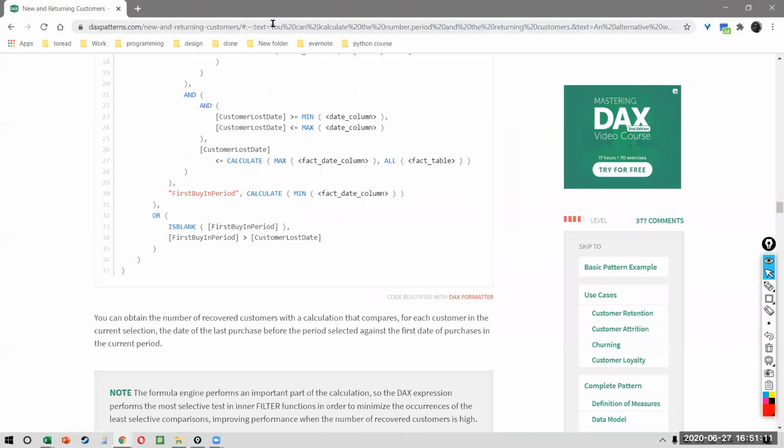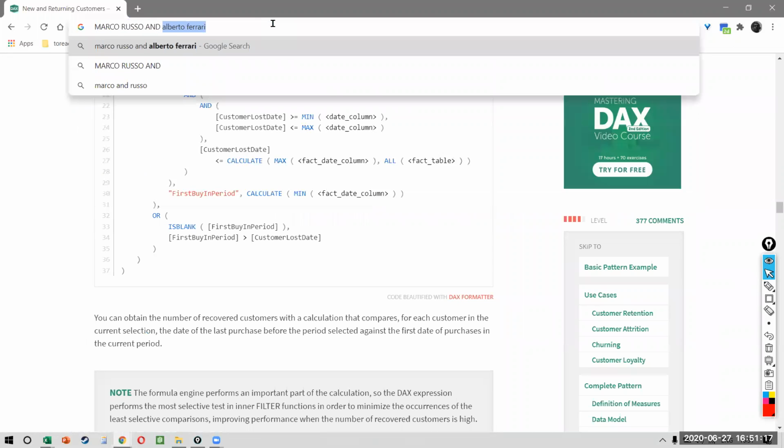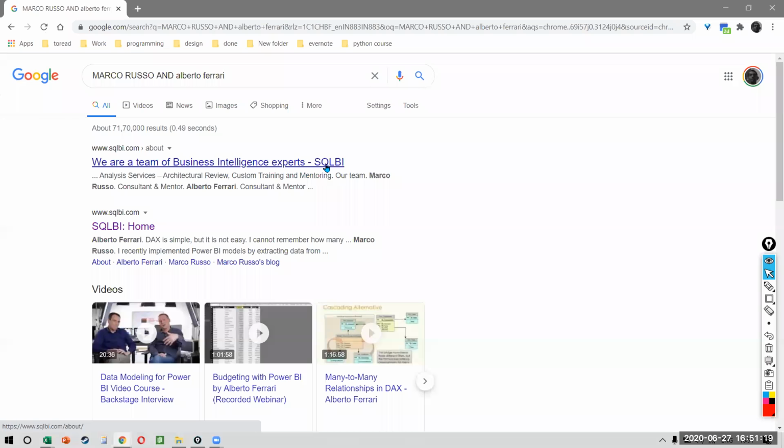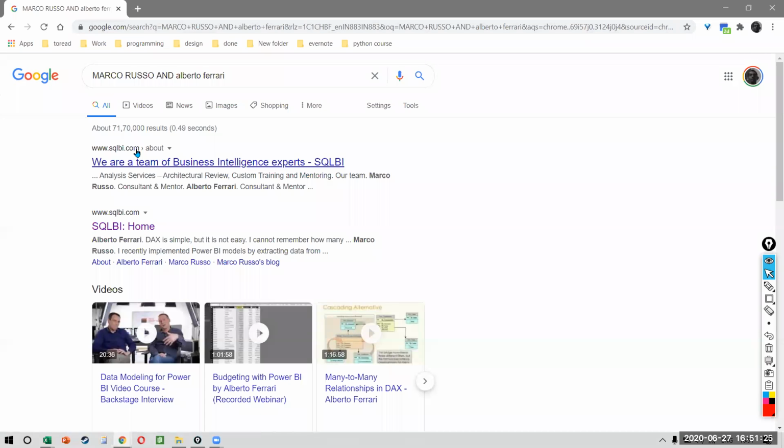So there are two guys who are considered to be the gods of DAX. There is a guy called Marco Russo and there's a guy called Alberto Ferrari, right? They're not the guys who created DAX, but they're considered to be the gods of DAX. And you can just view their website. It's called sqlbi.com.